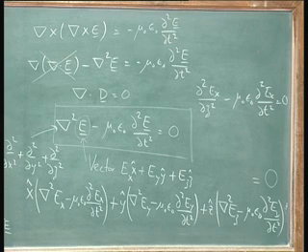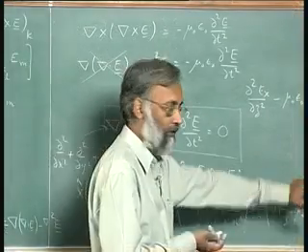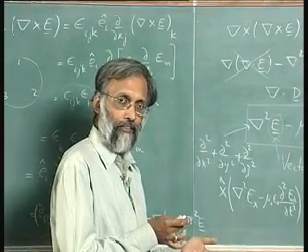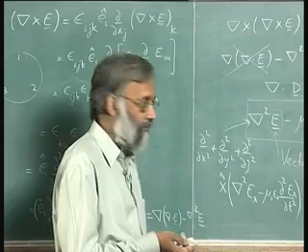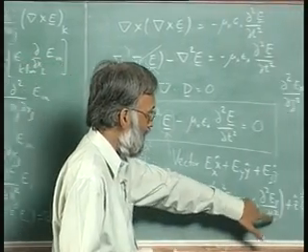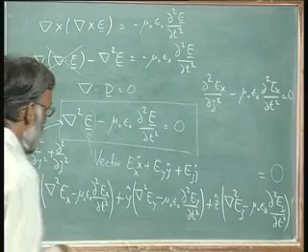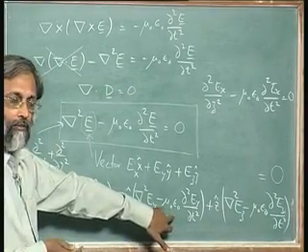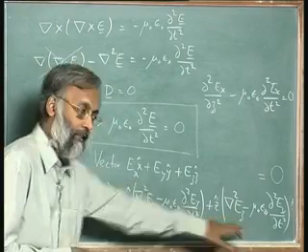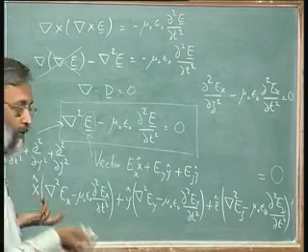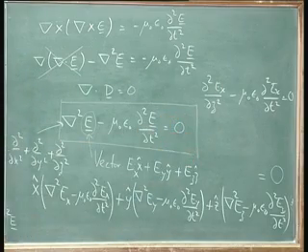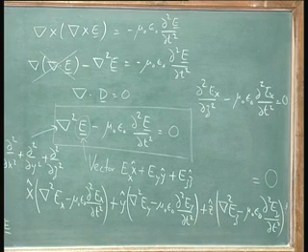But this is a vector equation, and if a vector at any x y z is equal to 0, it means that the x component of that vector is 0, the y component of that vector is 0, and the z component of the vector is 0, which means each of these brackets is separately 0. I can't do anything in this bracket that could make this bracket 0. I can't do anything here that could make that 0. Each of them must separately go to 0, because that is what it means to say the overall thing is 0. So that allows me to simplify things a great deal.